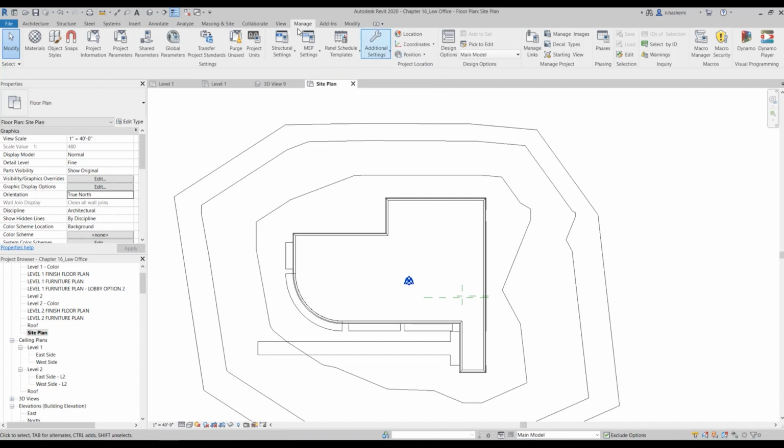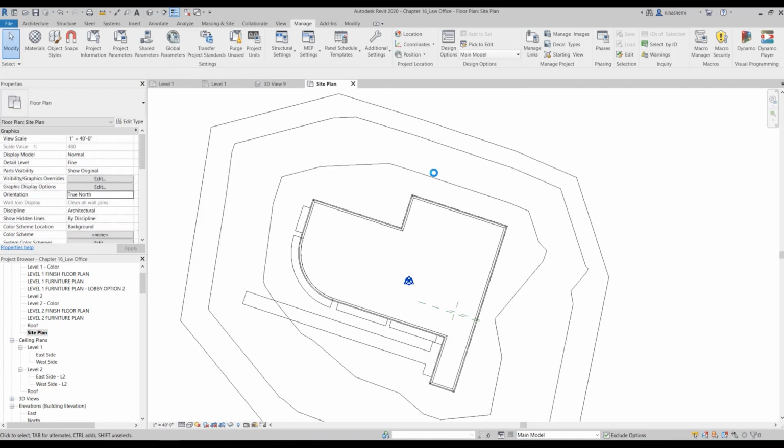So for that, we need to come here in the Manage tab, Project Location, Position, come here and select Rotate True North, okay? And then from here, you can tell it that, for example, true north is here. Okay, so it actually changed the true north for this view.